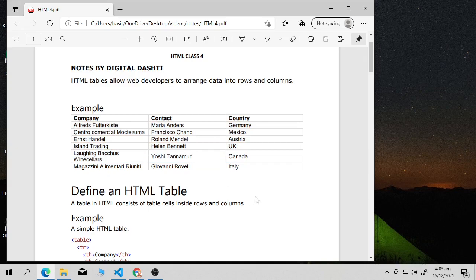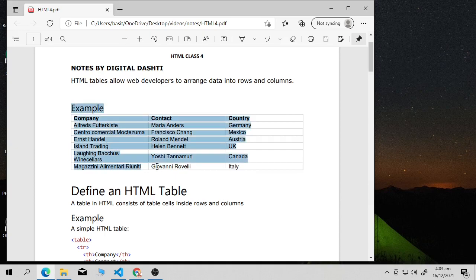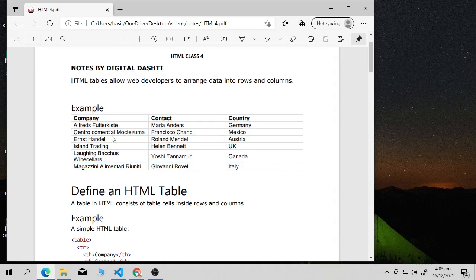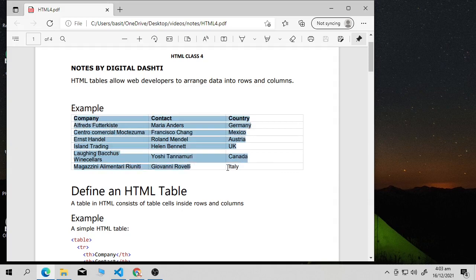You can also design it by using CSS, but we have not discussed the CSS course. After this HTML course we will do a small beginner course for CSS, so that you could design your website. Now, in this episode we will discuss how you can make an HTML table like this. This is an example for you.